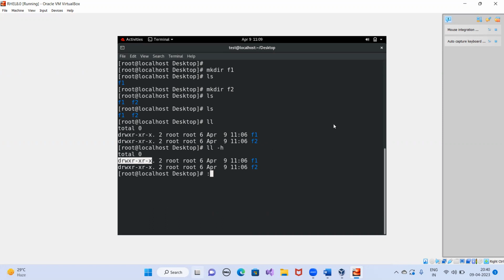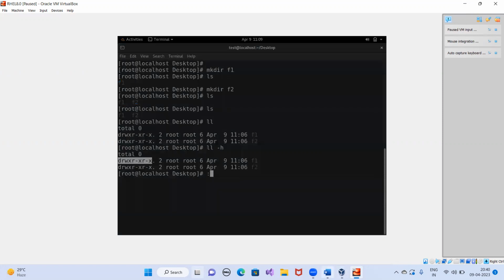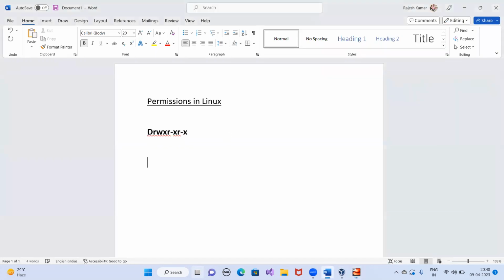Now let's understand. R means read permission. W means write permission. X means execute permission. These three are the permissions in Linux.